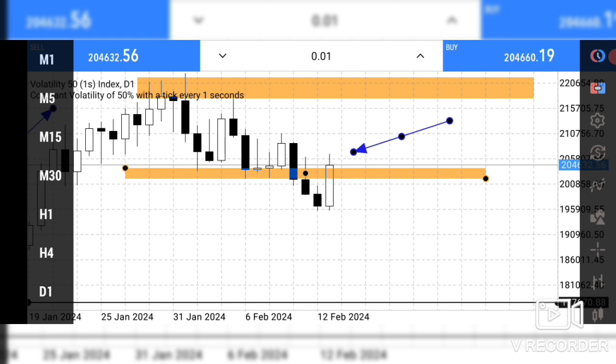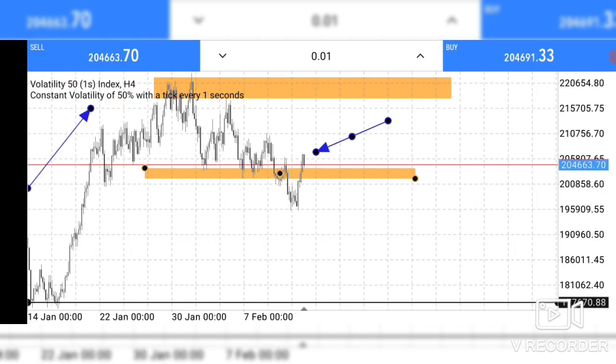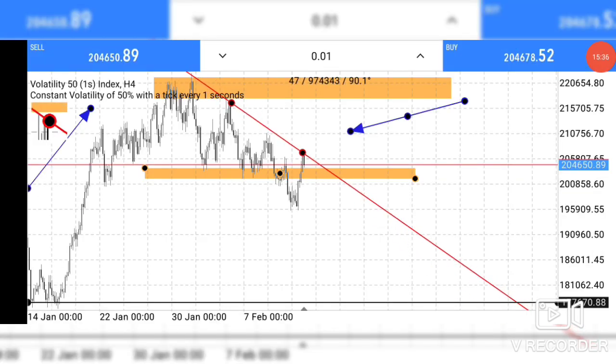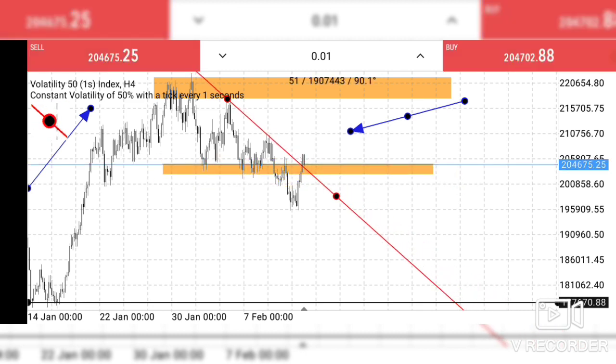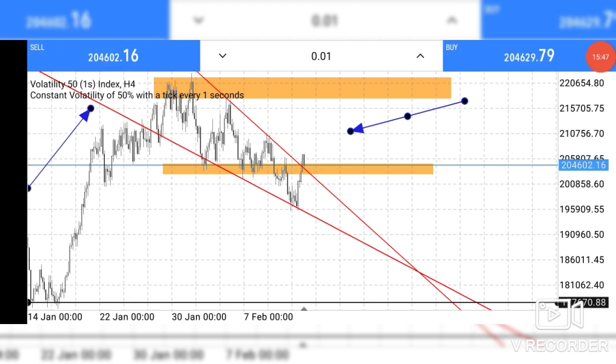In the H4, we notice that it has already broken this higher time frame structural level and is coming to test it, and we have this trend line. I'm just running my top down analysis. We have this trend line that was also broken, and we also have another trend line making this a negative plane. But since price is trading outside this negative plane, there's likelihood that if we have enough breakouts that maybe reach somewhere here and come back, then we are going to continue going up.